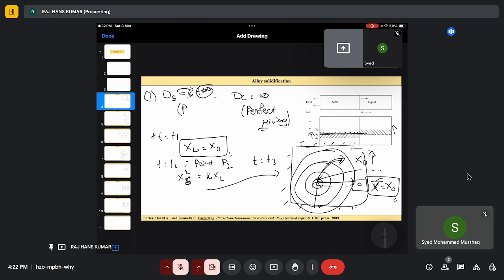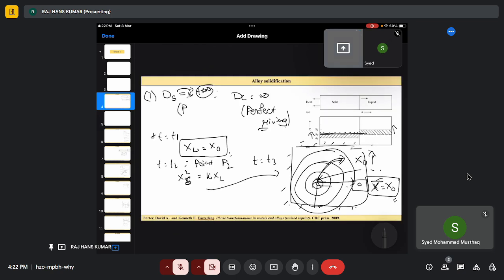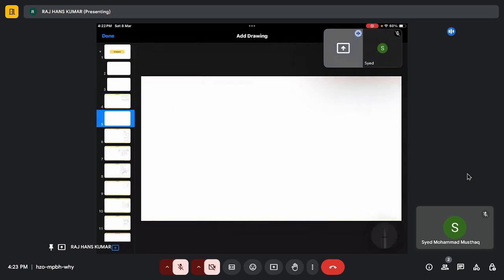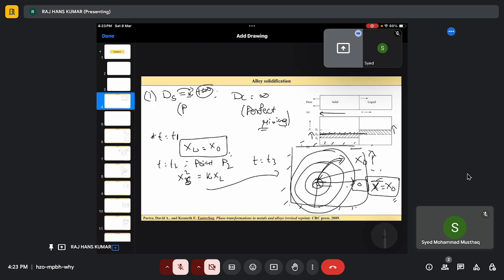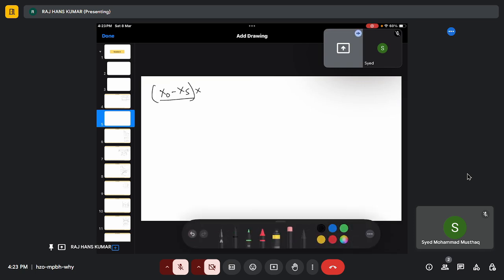That's all. Now, if we try to know how it is rejecting, let's take this. Let's say this is total L, and this is my x. Okay. Now, what is this area? Thickness times width. That will be X naught minus XS times, oh sorry, it will be times, not upon,